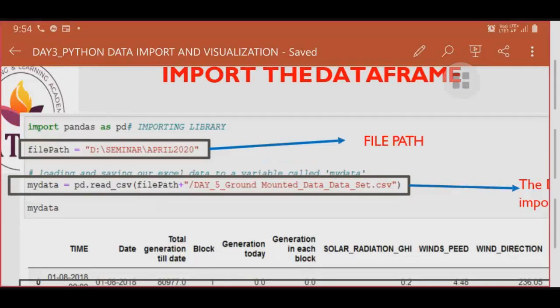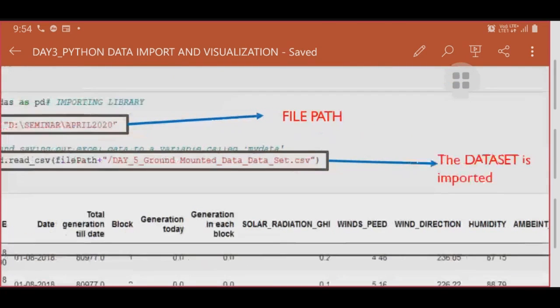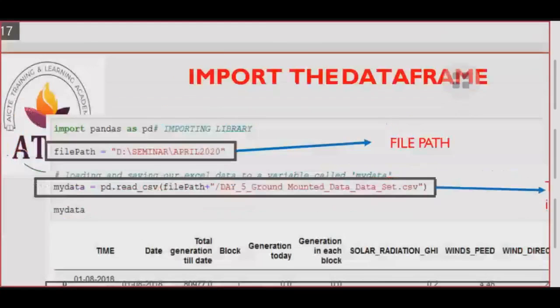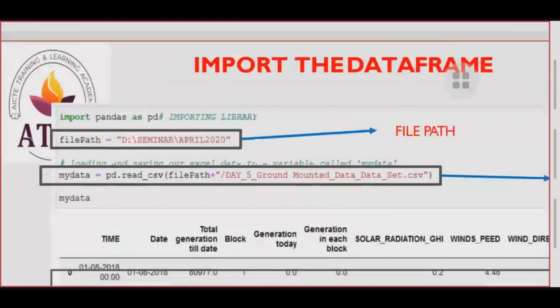Then only it will connect to that CSV file, because if you don't give that slash, it will search in the previous folder itself, whatever you declared in file path. You give the slash only, it will move to the CSV file. See, this is the file path they declared, then the dataset to be imported. Make a note, this is the important thing you are going to use today.